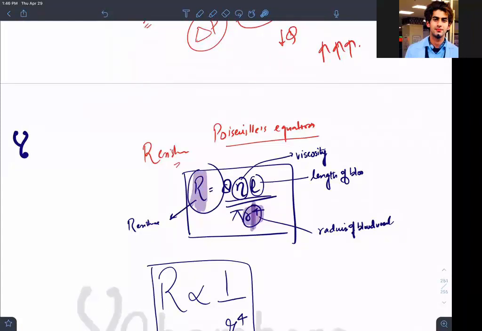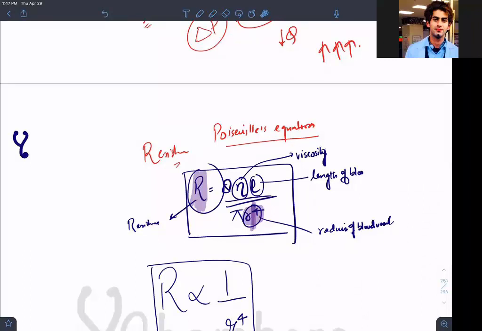Now you have increased the hematocrit. Now tell me one thing. You have increased the viscosity. What will increase? You will be increasing the resistance. That's a beautiful concept. See the Poiseuille genius. My salute to him. See his relation.